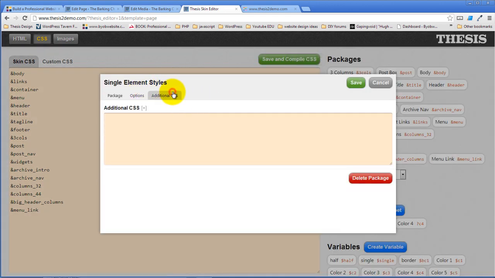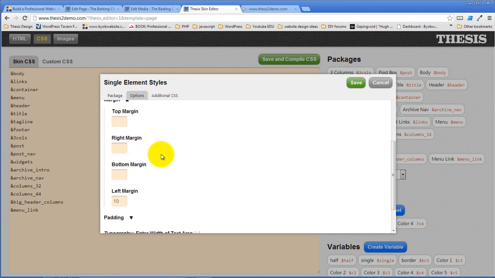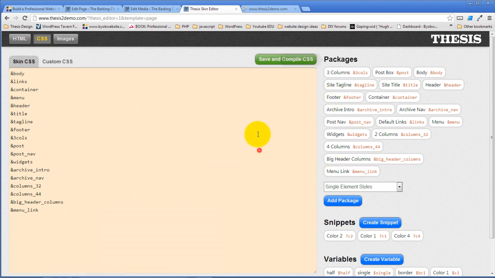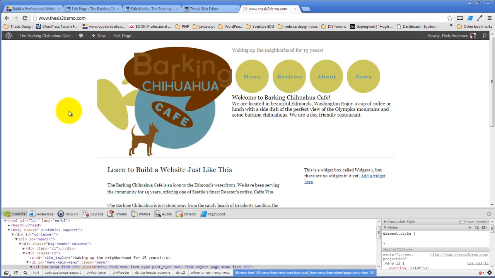I'm going to give myself some top margin here also, just to push it away from the stuff above. 20 pixels of top margin. Okay, actually, no, I should probably create some. Well, let's do the